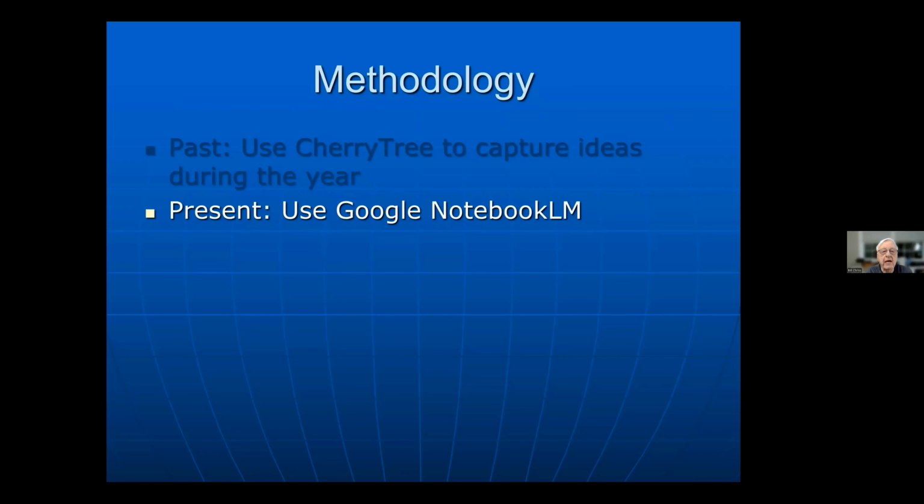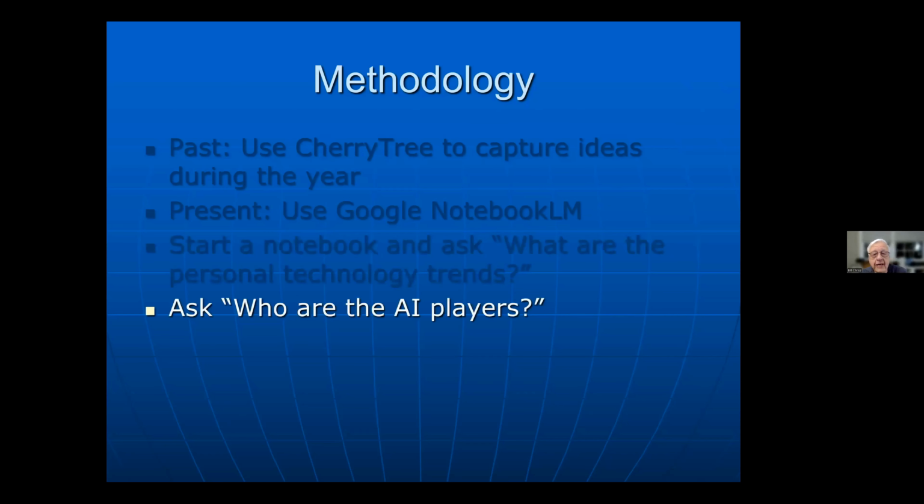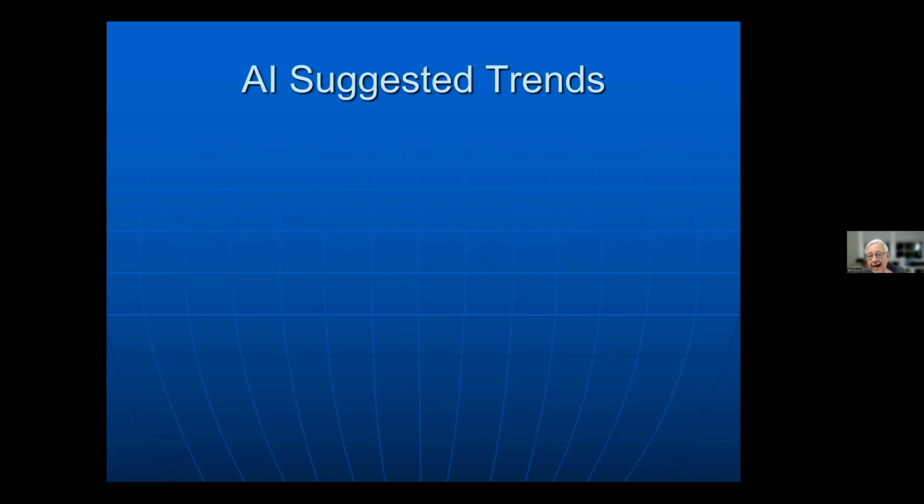Anyway, I used Google Notebook to do some research for topics for this talk. I started a notebook and I said to this thing, what are the personal technology trends that I should be looking at? And you have the ability to do both a top-level search as well as a deep search. I did a deep search and came up with 22 different sources of information. I then also asked it, so who are the AI players in this space? And from these two prompts, I gathered a lot of information, which then allowed me to look at its suggested